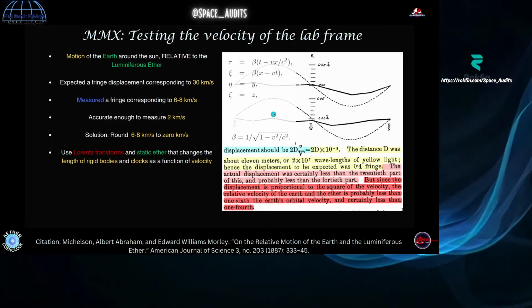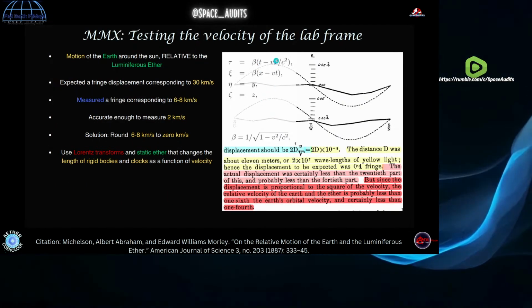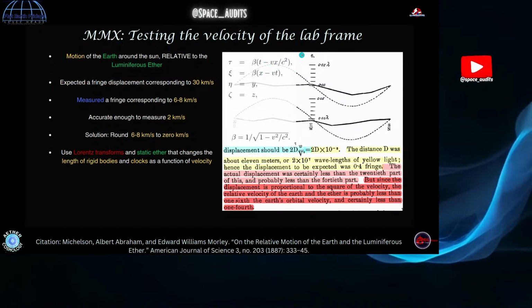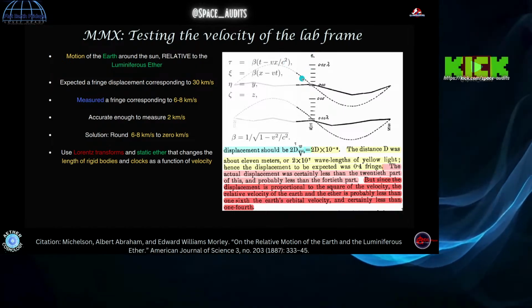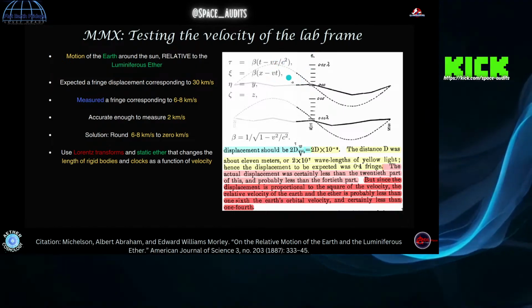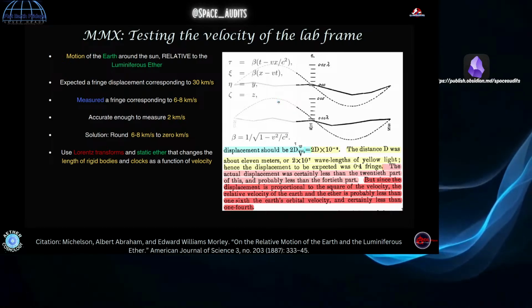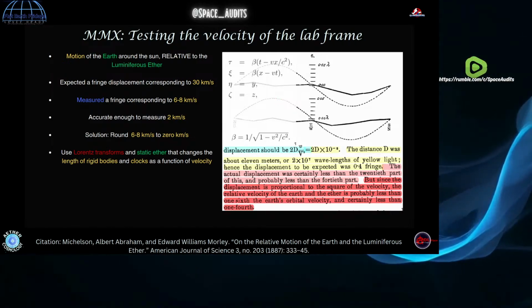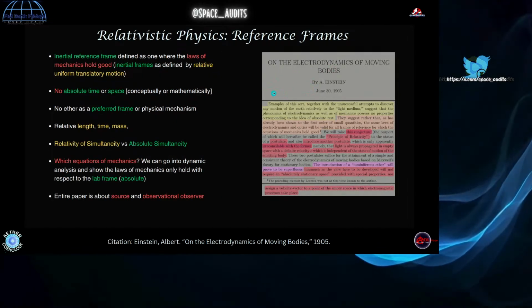So remember, these effects that are being introduced here are not first order effects. These are effects of the square of the velocity over the speed of light squared. These are extremely tiny effects that come out of these equations. These aren't the big effects.